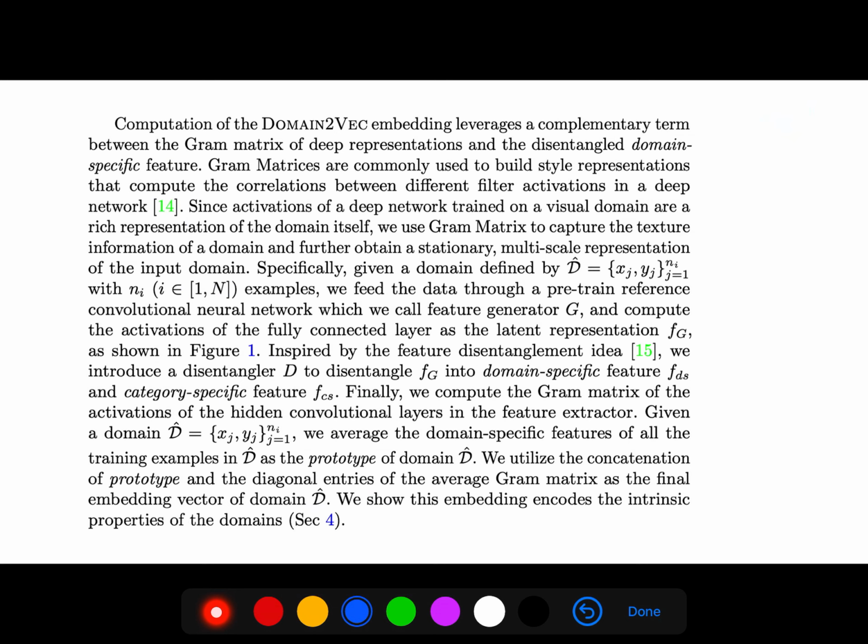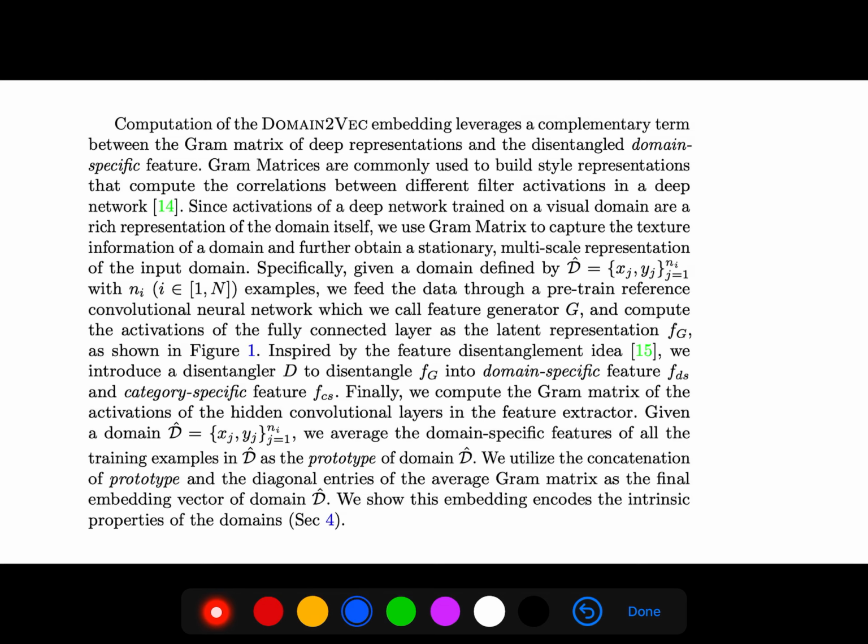Computation of Domain2Vec leverages a complementary term between the gram matrix of deep representations and the disentangled domain-specific feature. Gram matrices are commonly used to build style representations that compute the correlations between different filter activations in a deep network. Since activations of a deep network trained on a visual domain are a rich representation of the domain itself, we use gram matrix to capture the texture information of a domain and further obtain a stationary multi-scale representation of